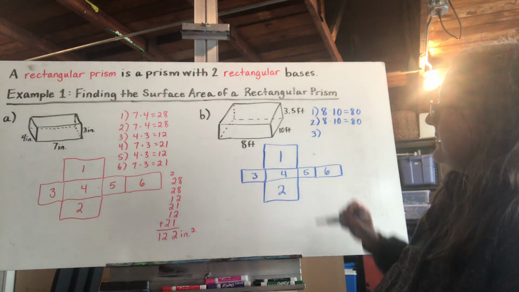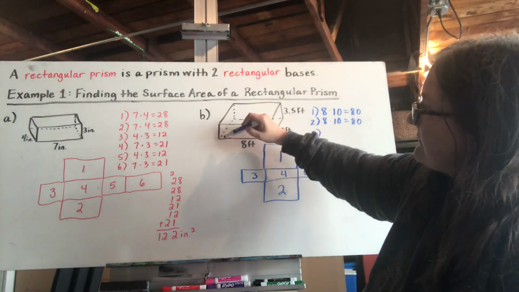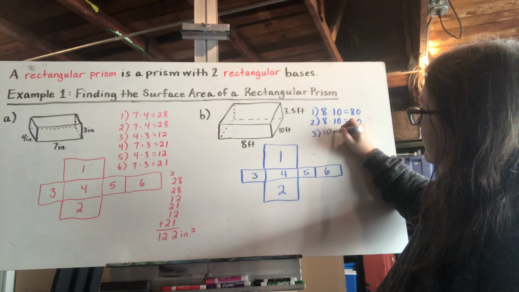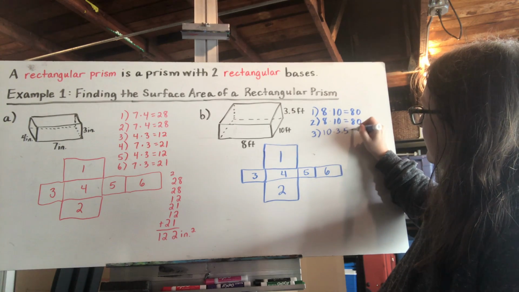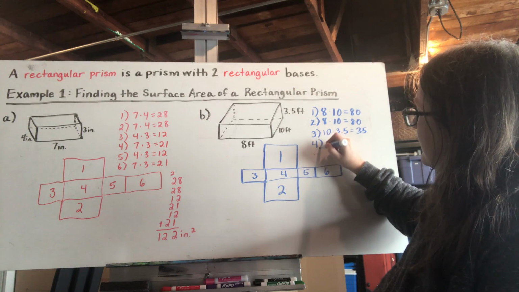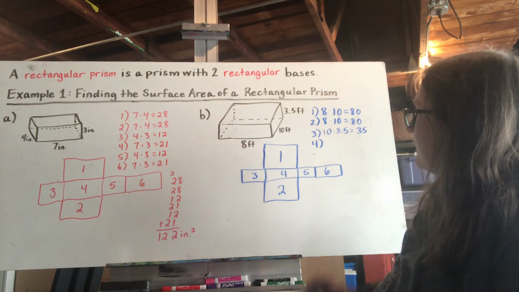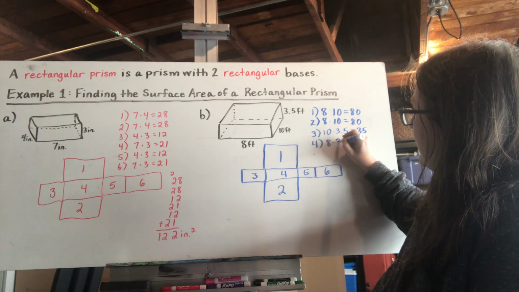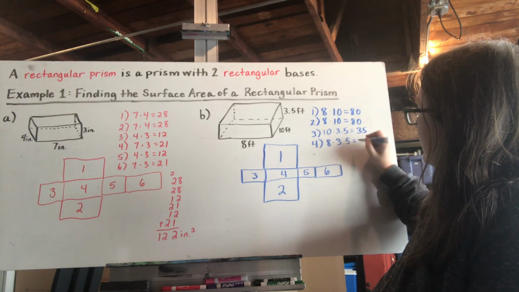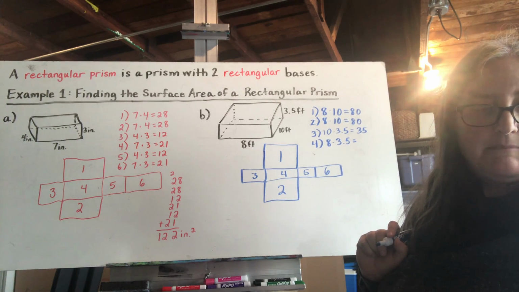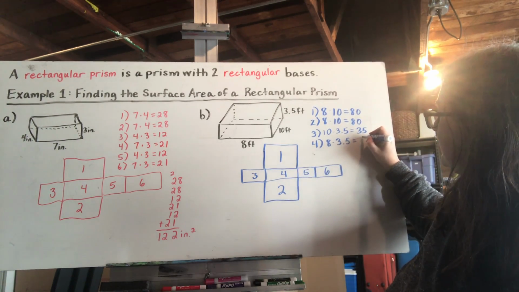Side number 3, these left and right sides here, 3 and 5, they are 10 times 3.5. So I get 35 here. Side number 4, the front facing us, is an 8 by 3.5. And that guy gives us a side of